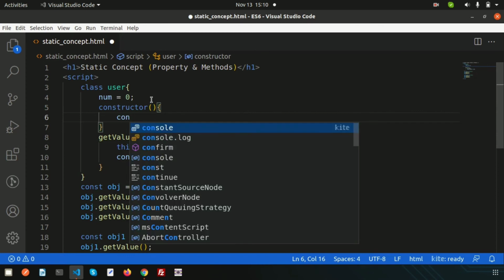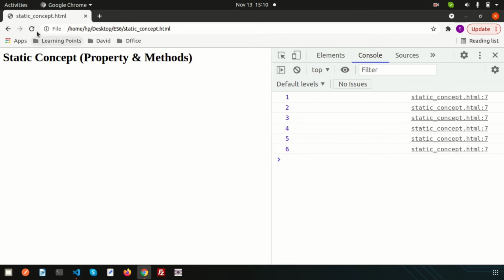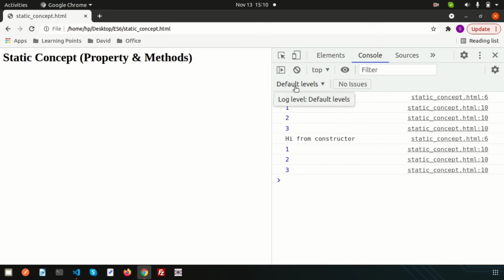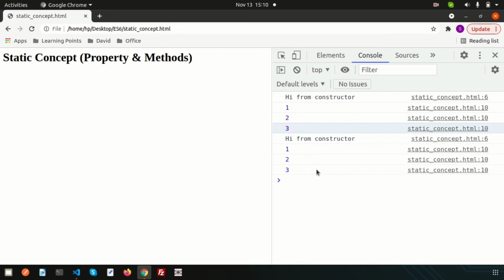So write console.log, suppose 'hi from constructor', right? Obviously when we create an object it will call the constructor, so this is from the constructor for obj and the next one is for obj1, right?